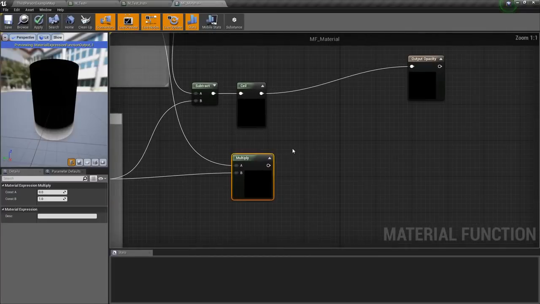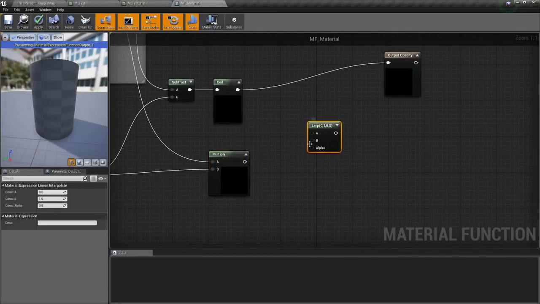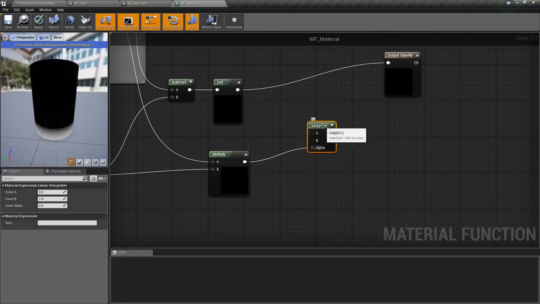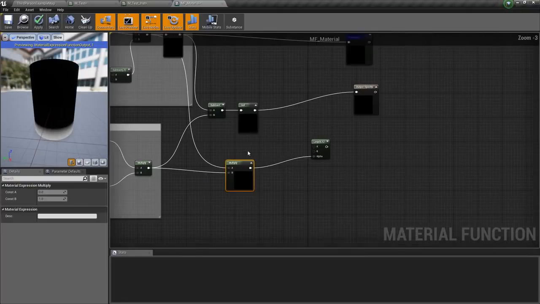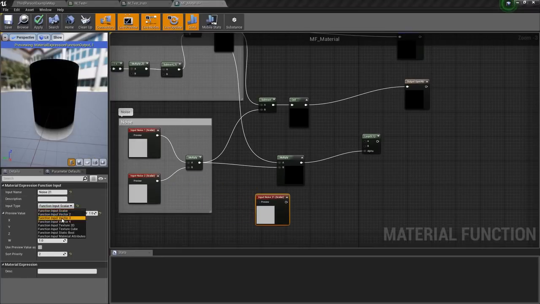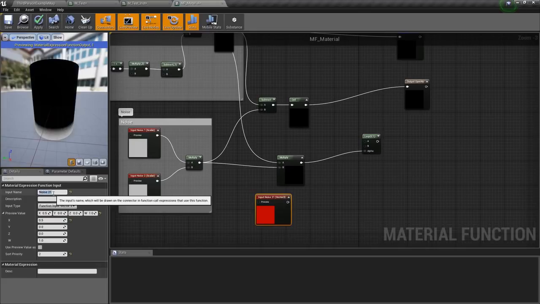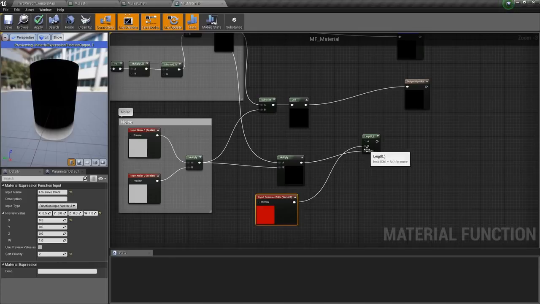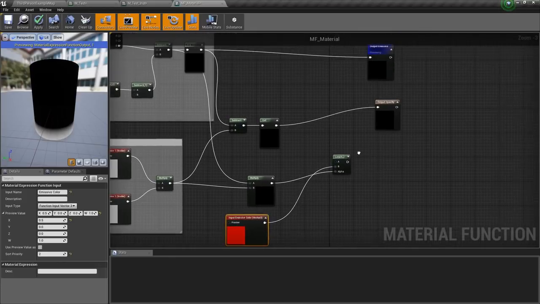So with that we will get a lerp, and we will connect this to the alpha, and here we will get a new input node, and I will change this to vector 3, and I will name this emission color, and I will connect this to B. So when this value is 1, we will get this color, and if this value from here is 0, we will get a black color. So I will connect this to the emission now,